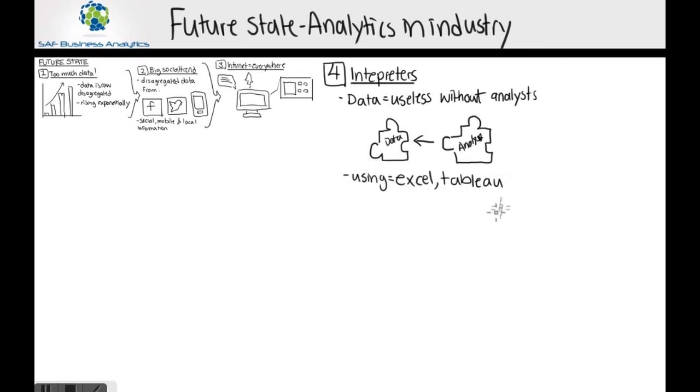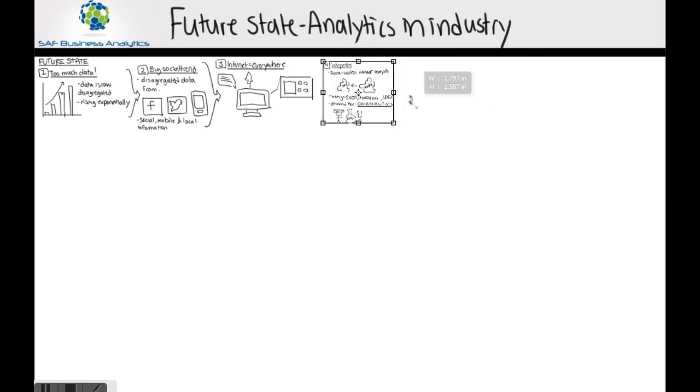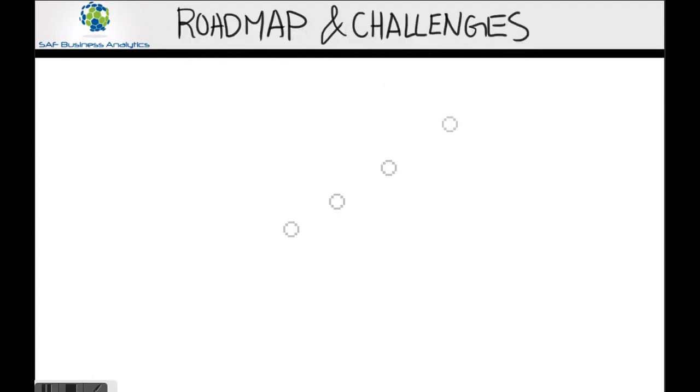As such, the demand for data analysts and scientists will further increase as more data is generated throughout the world. Therefore, the demand to harness big data will drive IT solutions to be more customizable and intuitive, becoming the next Excel, IDEA, or Tableau. Many ethical challenges exist in using data analytics in improving national safety measures.